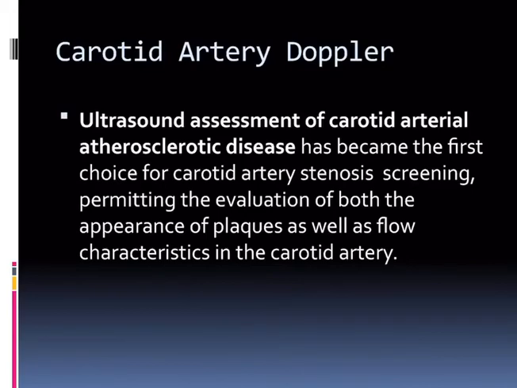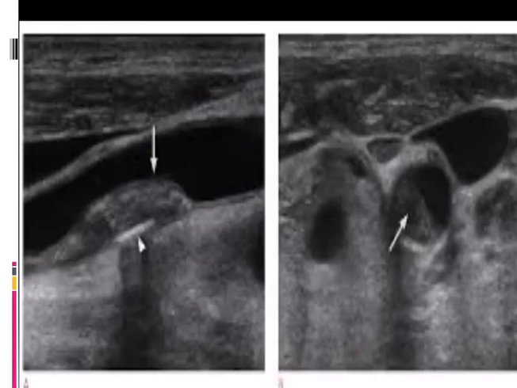And what is the advantage of it? It can not only see the plaque itself, but also assess the area which is obstructed or occluded by the thrombus, and also the area which is patent. So these are the characteristics. Now if you see this image, these are the ultrasound images. This is the longitudinal image, first one, and this is the transverse image of the carotid artery. Now this black area is the carotid artery in the neck, which is having the blood. Black is the blood, right?